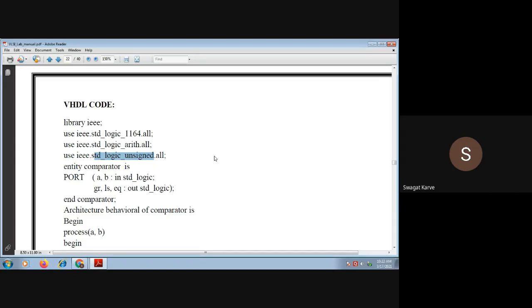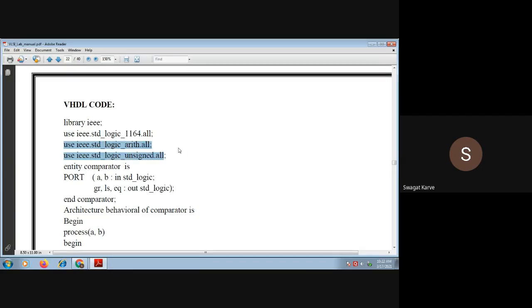That's why you should include the std_logic_unsigned package, and select all items in it. That means if you want to use any mathematical operation along with std_logic_1164, you should include these two packages.